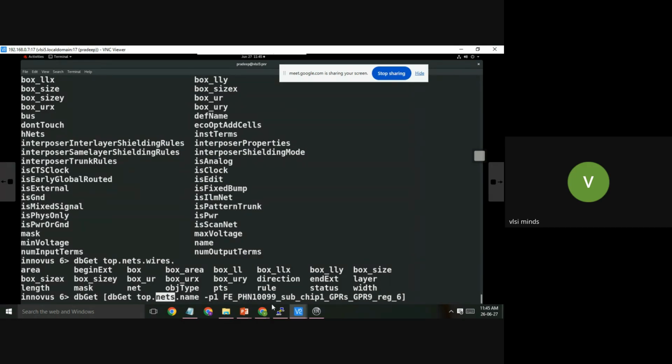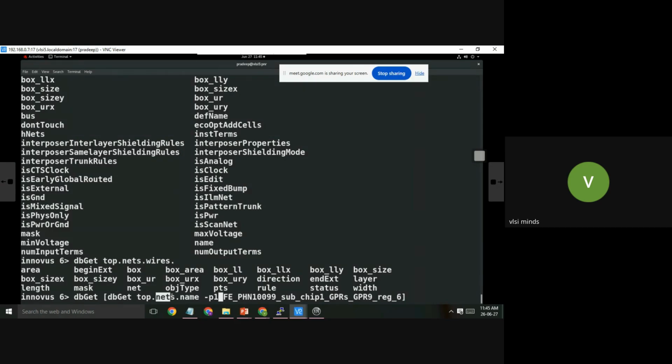P1 means I'm using one more dbget. This dbget will continue from nets. So the first one I have used only to select this net, nets dot name. But actually, for the nets I should get wire, right? That wire is present inside nets. My pointer is pointing here, P0, but I don't want to point here.